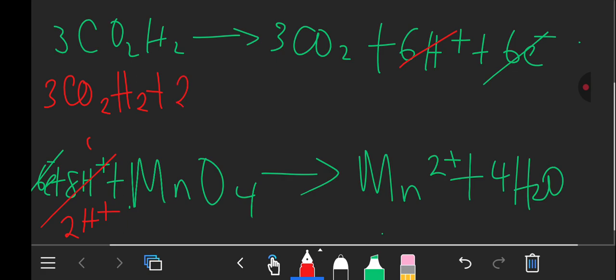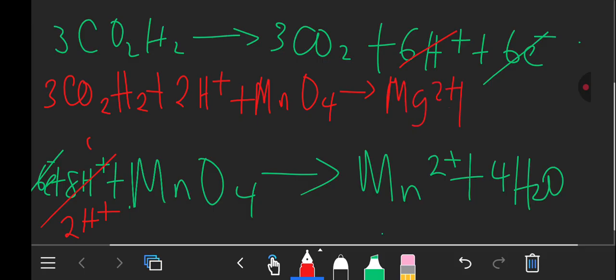So here we have 2 hydrogen ions, then plus permanganate MnO4, then giving what? Giving